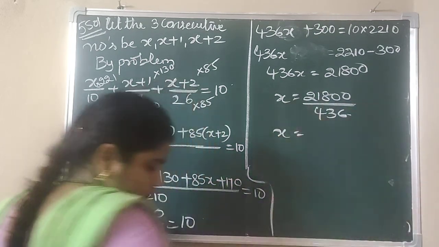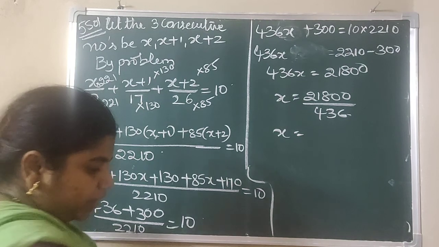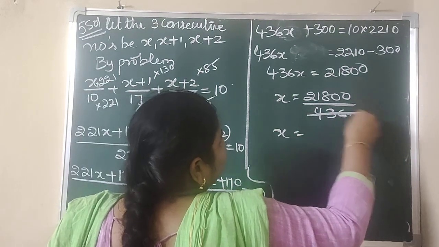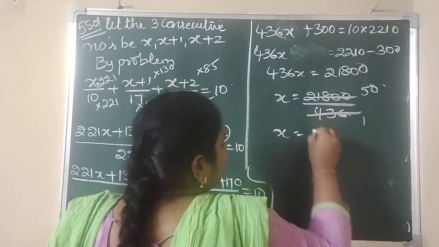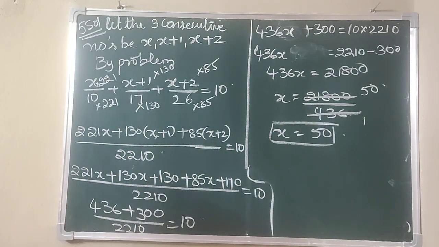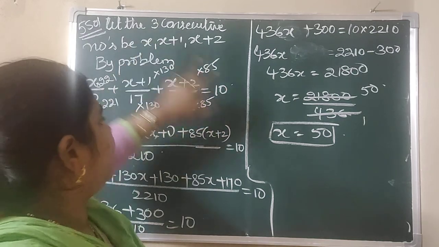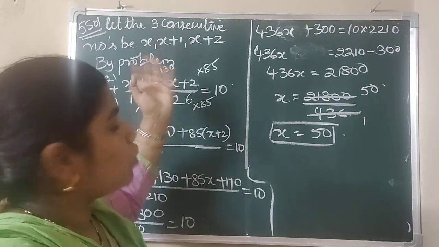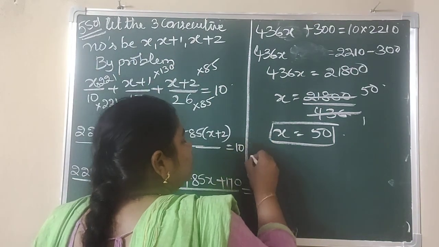So how many times will it cancel? It will cancel 50 times. So the x value is 50. Now what are the three consecutive numbers? We already got the x value as 50, so the other two consecutive numbers we have to find. So therefore